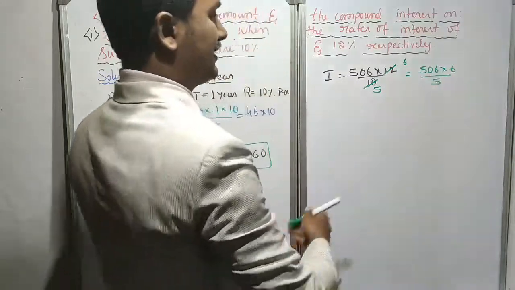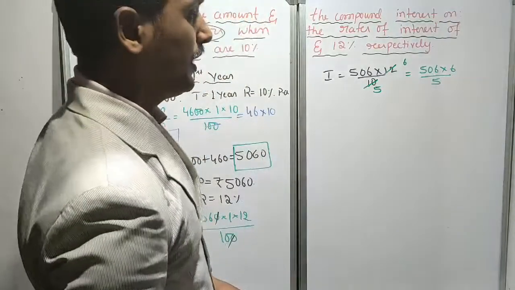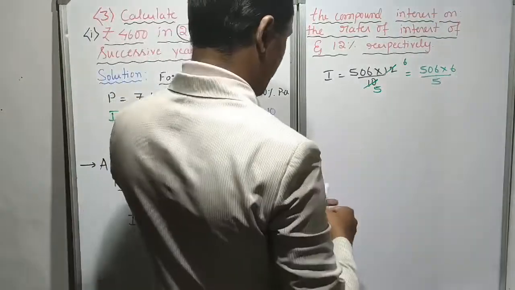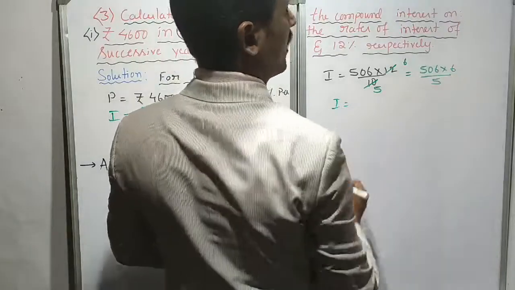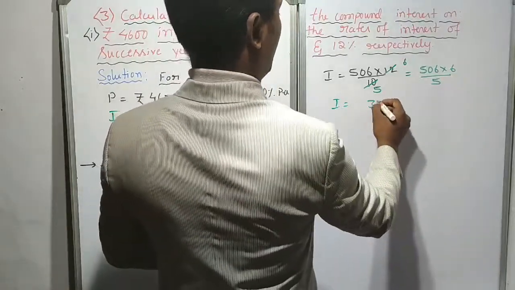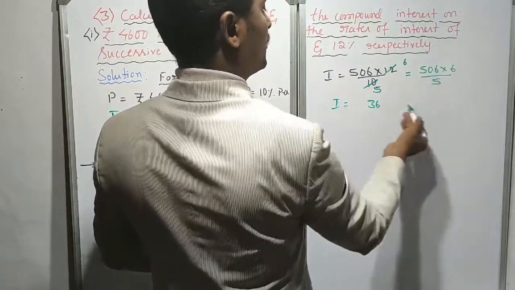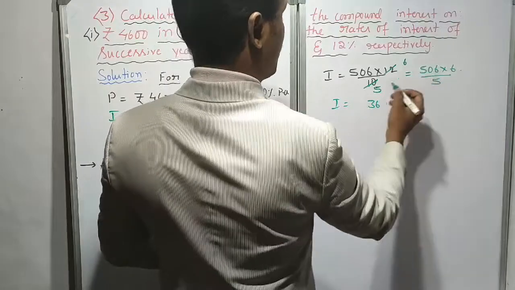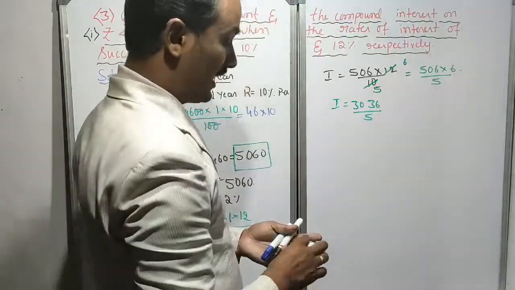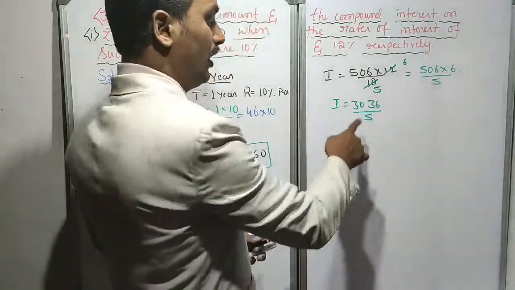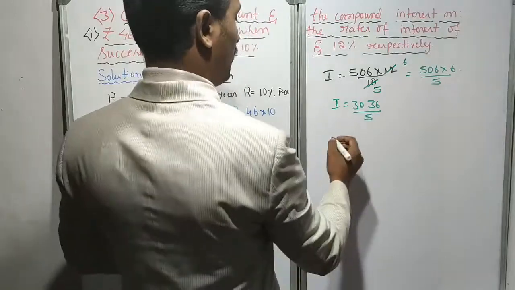See, 506 is not divisible by 5 completely, so I will multiply this. What is the multiplication, dear children? Interest is equal to 6 6s are 36. Directly I am writing 36 because 6 into 0 is 0, 0 plus 3, 3 will come. 6 5s are 30. Divided by 5. The division, I will do long division. You should learn to divide here only. Practice. Understanding. But I will show now in long division.